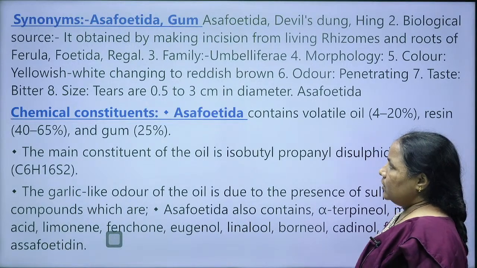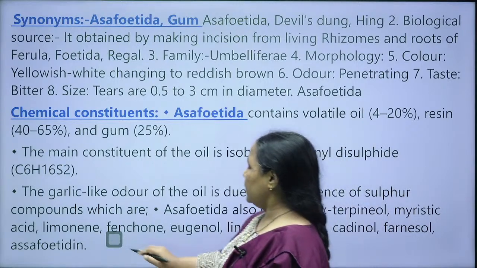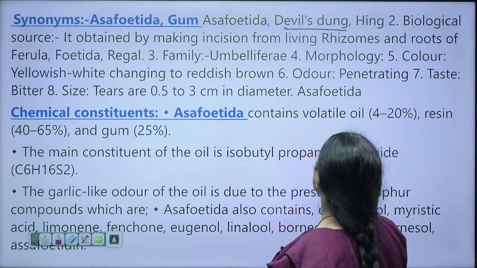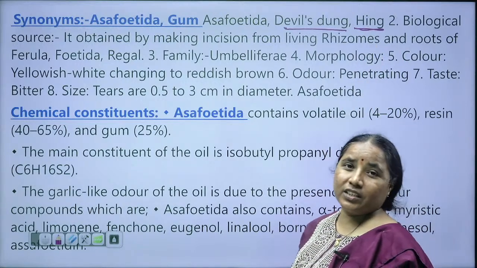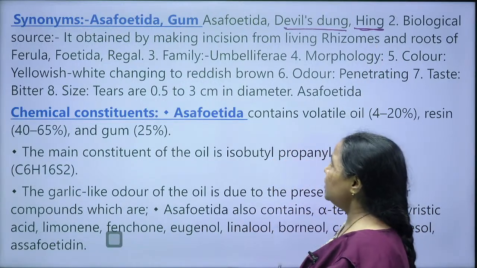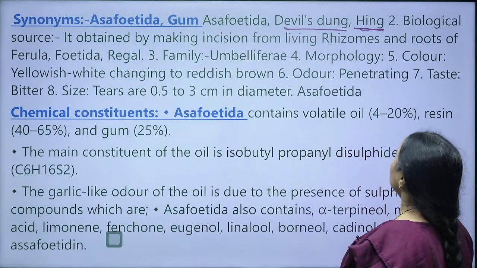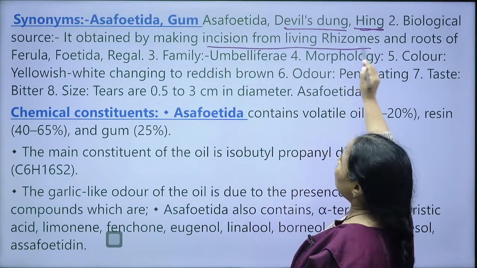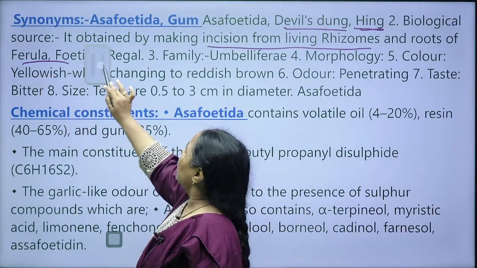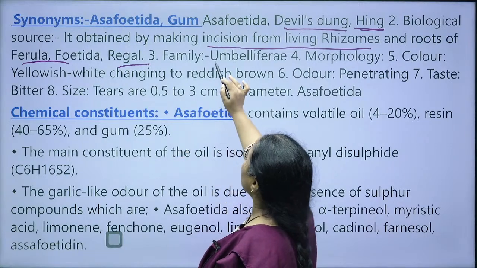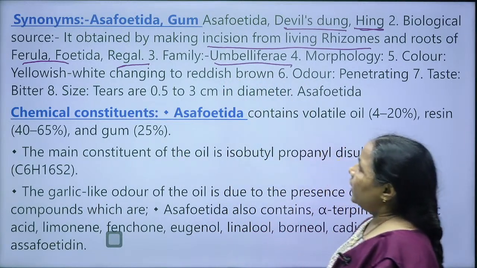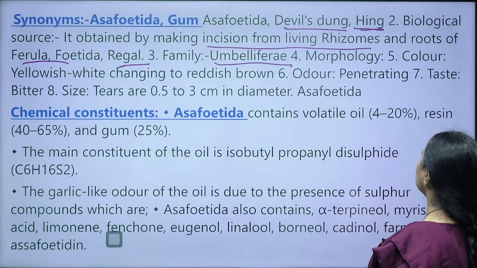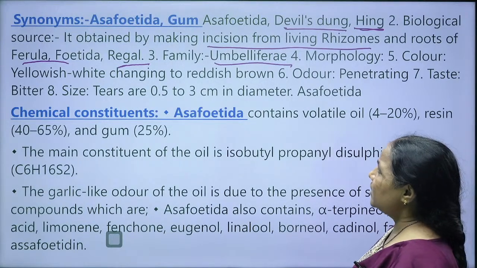The other drug that is used is asafoetida. The other name for asafoetida is devil's dung, or hing. It is also one of the ingredients that we use in the kitchen for cooking. The biological source is obtained from incision of the living rhizomes and roots of Ferula foetida and Ferula rubricaulis. It belongs to the family Umbelliferae, and it is yellowish white changing to reddish brown. The odor is penetrating and the taste is bitter, and the size of the tears is